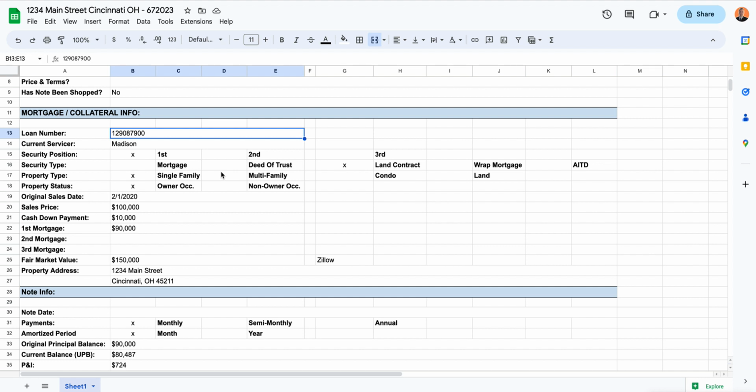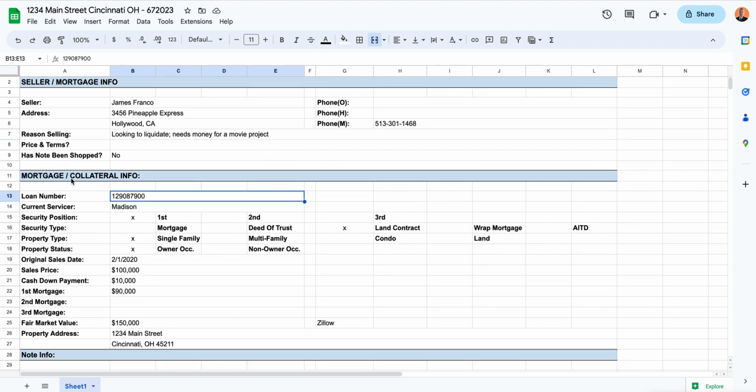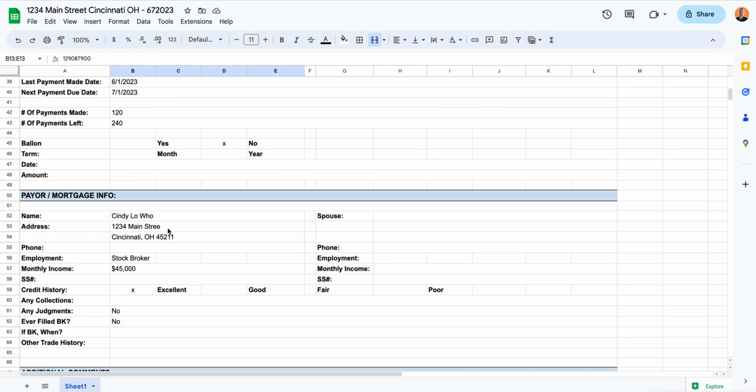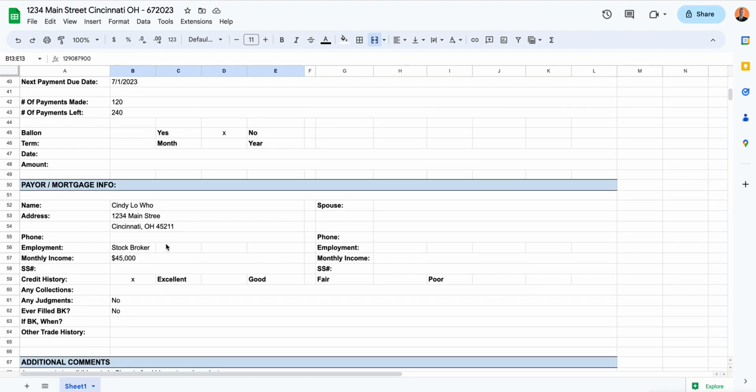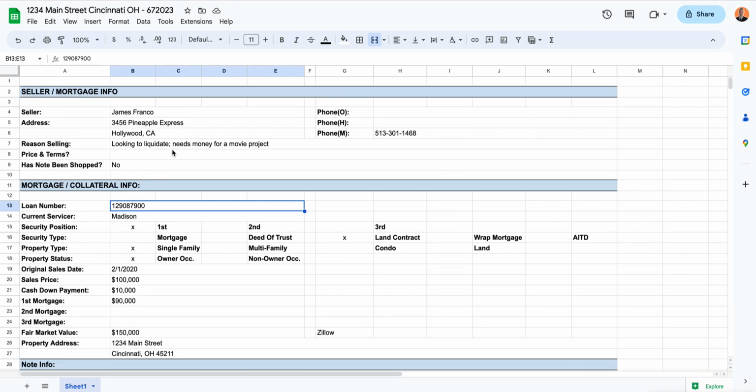Essentially, whenever I get a loan accepted, once I actually, really 99% of the times before funding it, I fill this form out here. It has the seller's information, the mortgage collateral information, the note information, the information about the payer, the borrower, and additional comments. So if we just start at the first section, seller mortgage information, it's